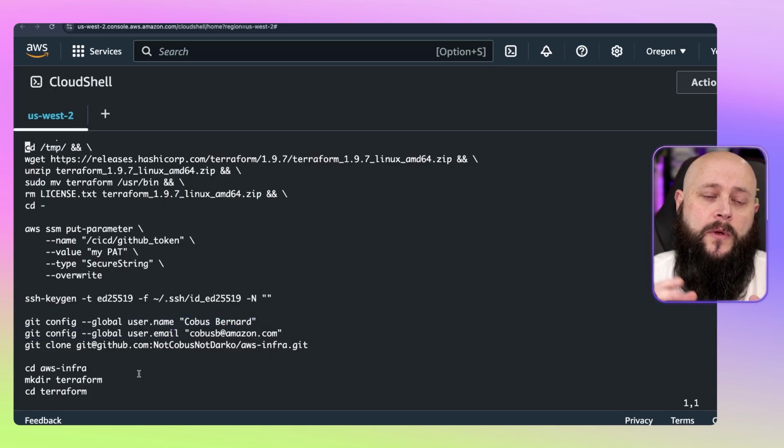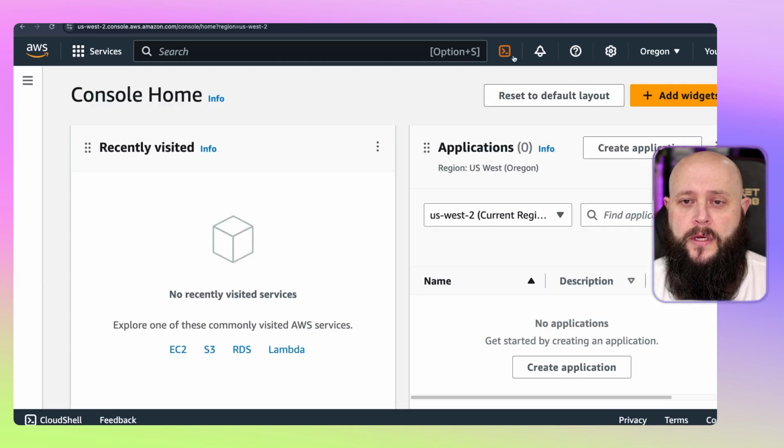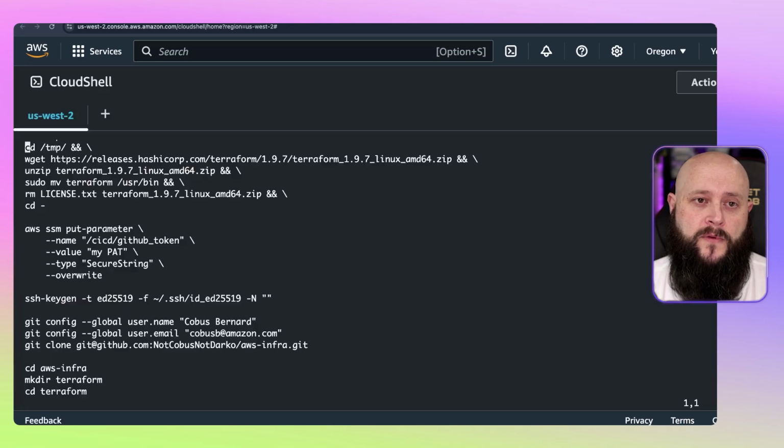Now, just quickly, Cloud Shell. What you're seeing in front of you is inside the AWS console. So if you look at the normal view like this, you can just click on Cloud Shell there, and then you can make it into a full screen version over here that we'll be using to do all of our interactions today.